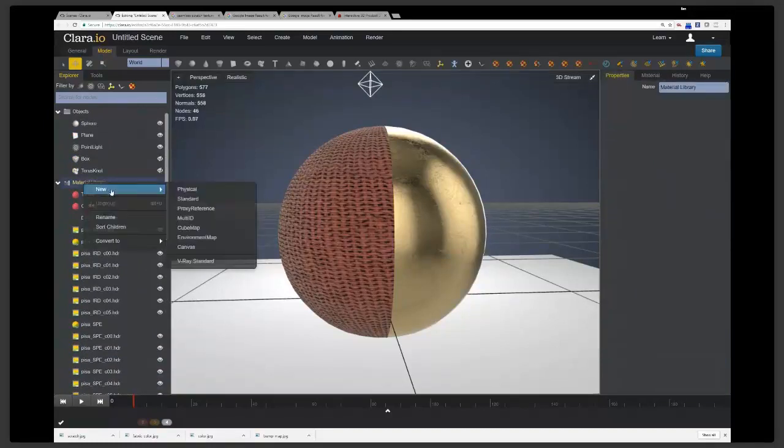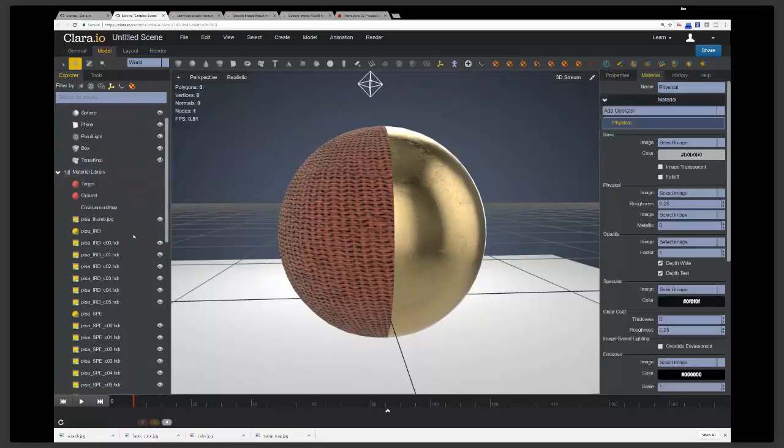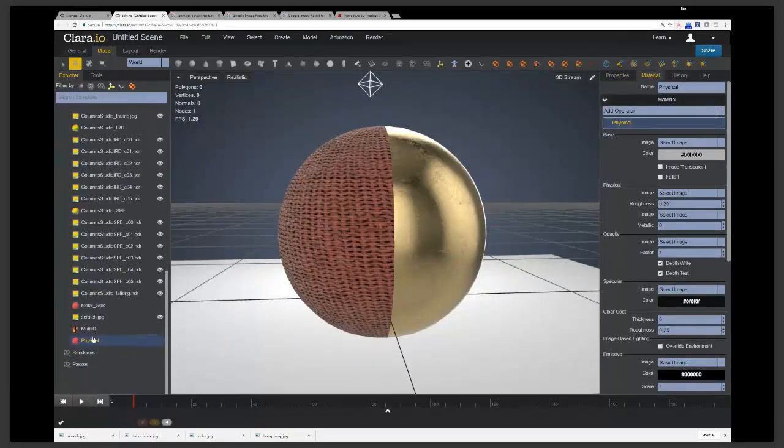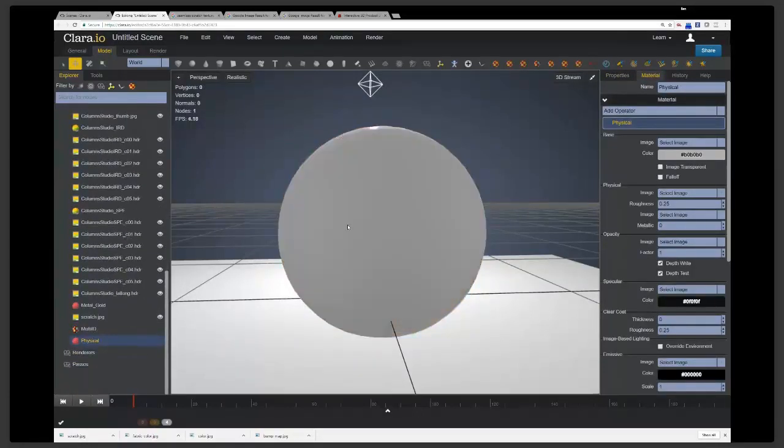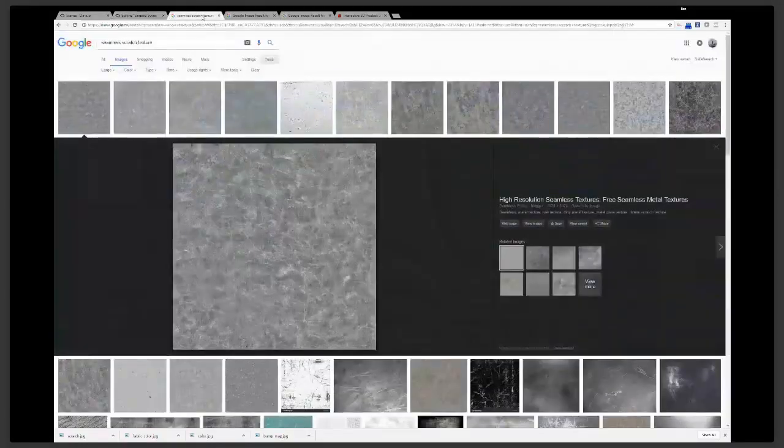Okay, so we're going to create physical material. We're going to drag that on. If I drag it on, it's going to replace the multi-material. So for car paint, it's actually a two-layered material. It's sort of metallic with metal flakes. So usually I would look up something like a flake